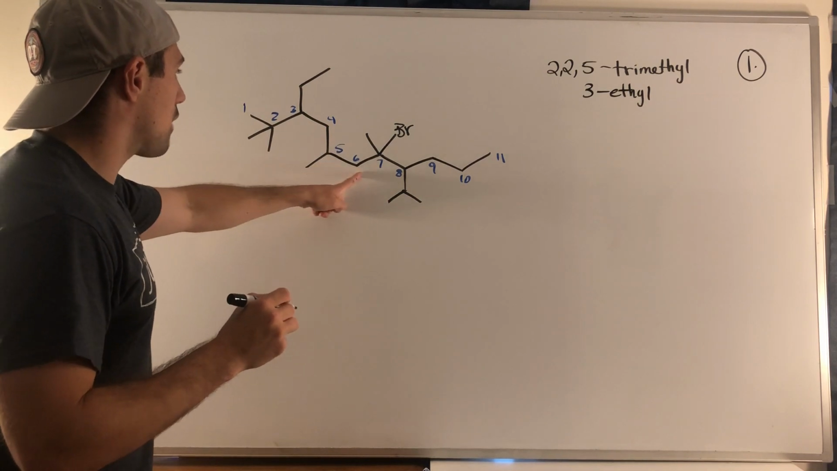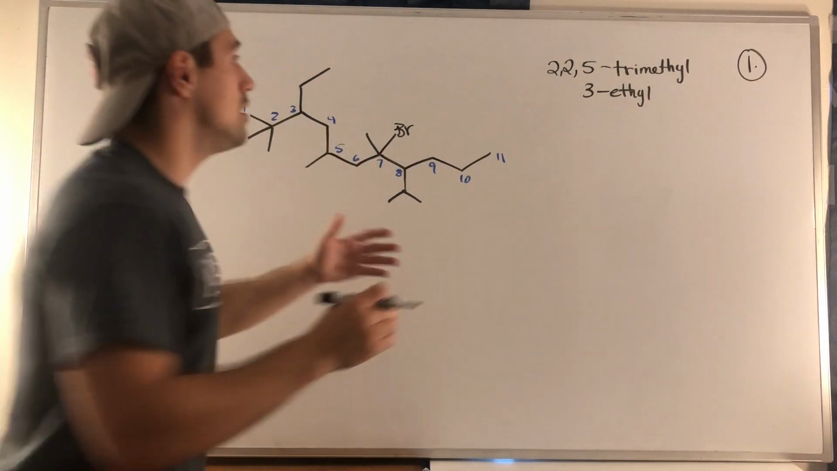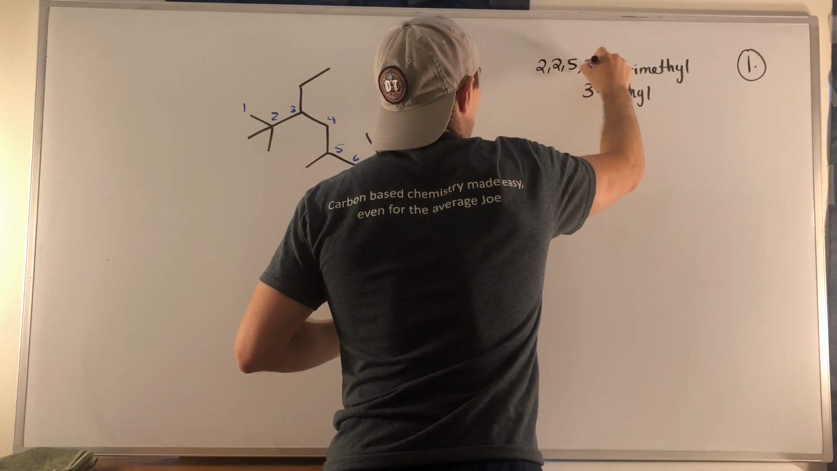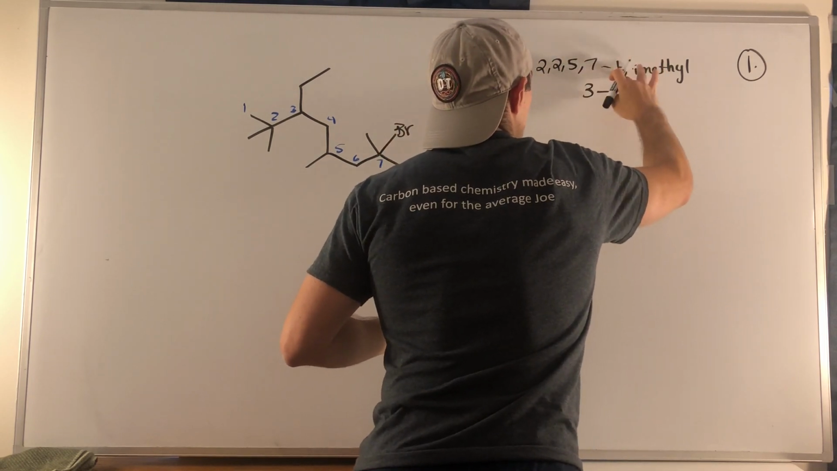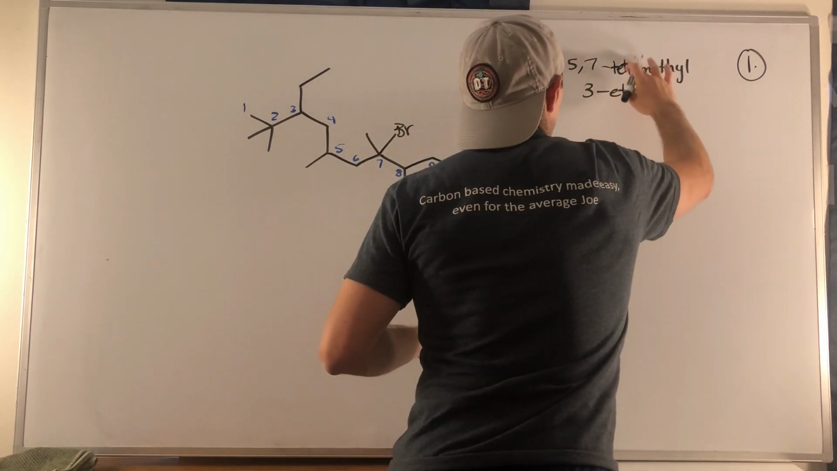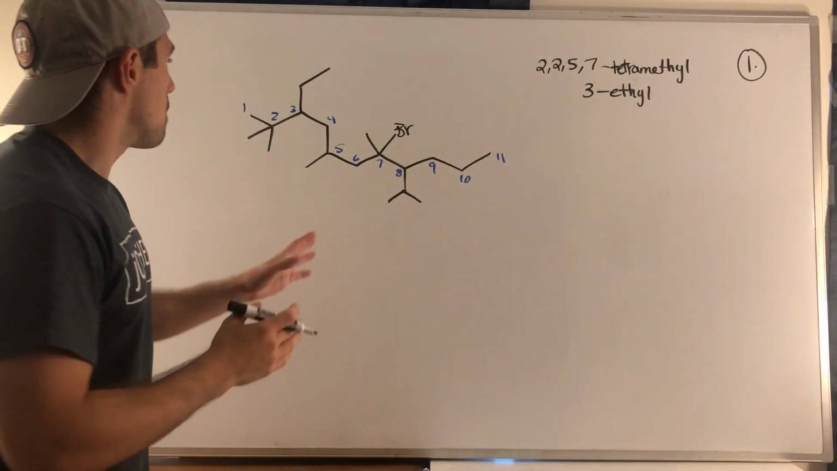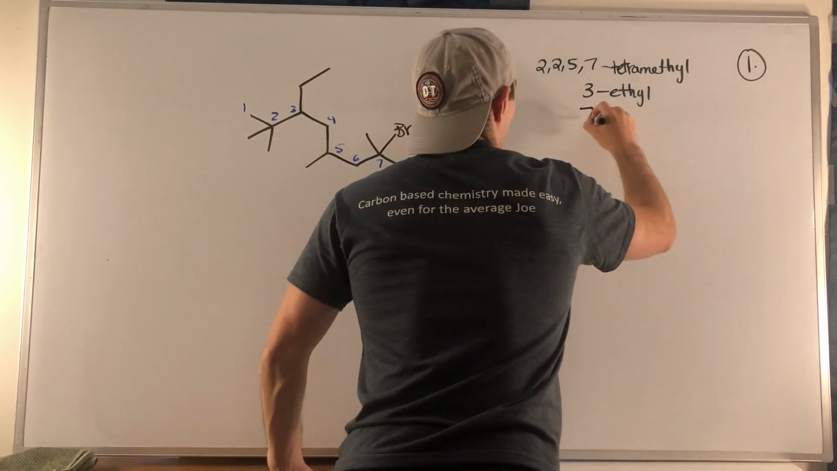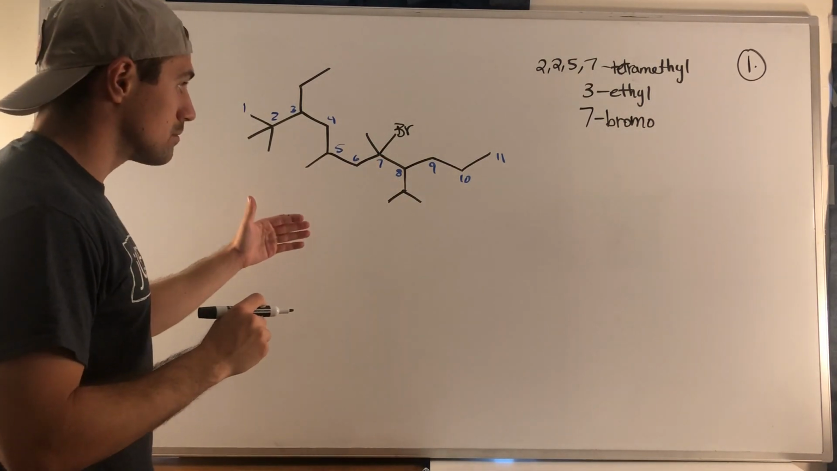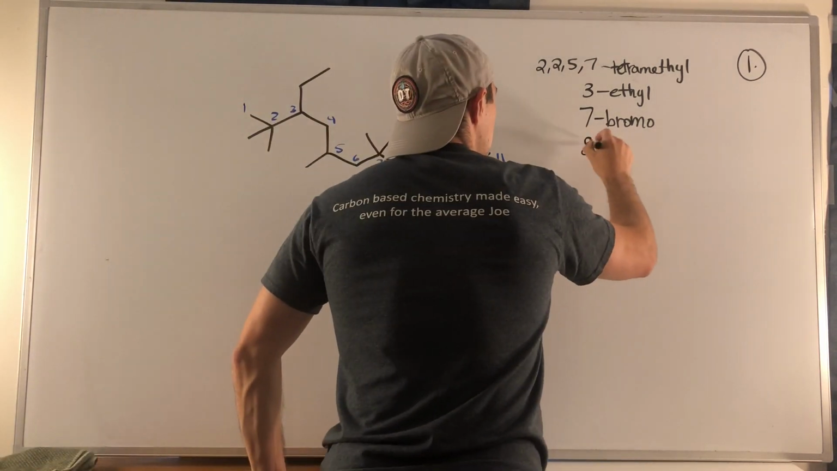I already took care of 5, nothing on 6. Oh, and I caught myself. See, I added a methyl at 7. So instead of this, it's actually 2, 2, 5, 7, and it's tetramethyl because we have 4 of them. The nice part about naming is that you can always correct yourself as you traverse your structure. So at 7, we do have a bromo. Then 8, remember common naming, we have 1, 2, 3 carbons, attached at the middle, that is